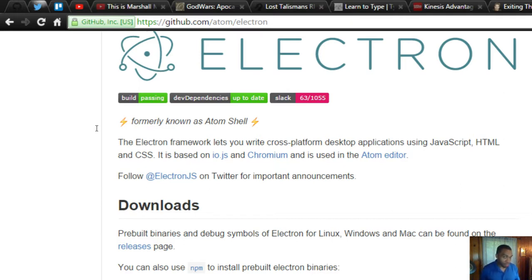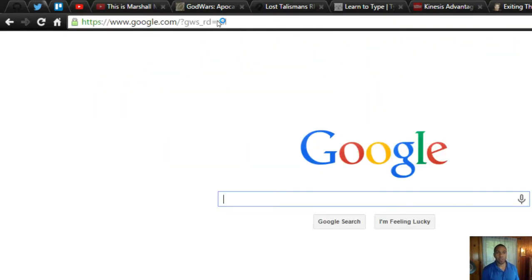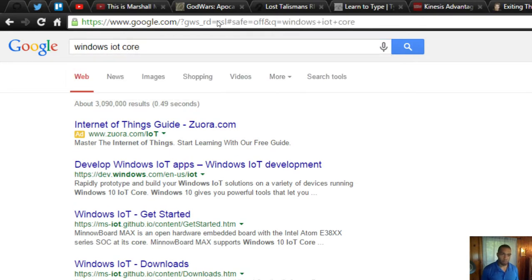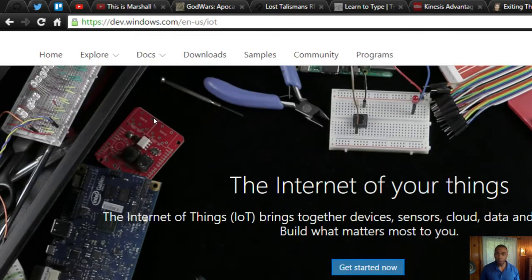So that's exciting. The other exciting thing, and I could go on for hours about this, the Windows IoT Core. So this is the guy that they want to ship and put on things like the Raspberry Pi 2.